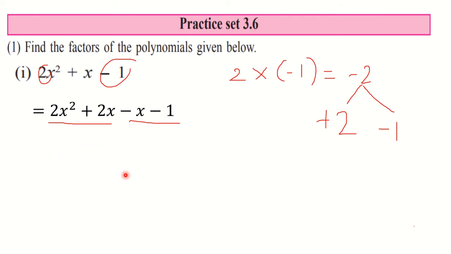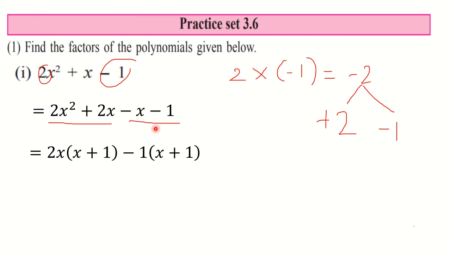So after making the groups, let us take out common. So what you will observe here is 2x is common here. So 2x is taken out common. Inside the bracket I got x plus 1. See, from 2x square, 2x is removed. So only x is left out. And here from 2x, 2x is taken out. But it doesn't mean that nothing is left out inside. 1 is there. Always keep in mind. Okay. After multiplying, we should get these two terms. Okay. So don't forget to write down this plus 1. You will think that 2x is taken out, nothing is left. But it is not like that. You have to write down plus 1 there.